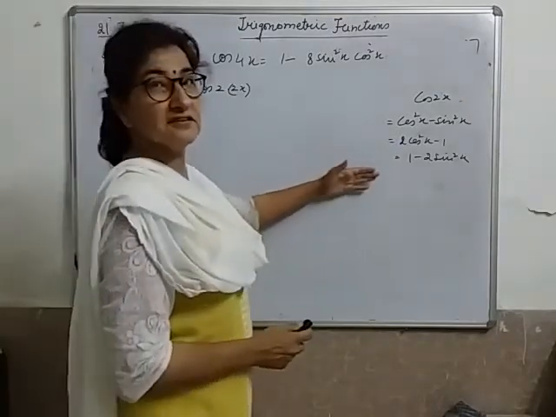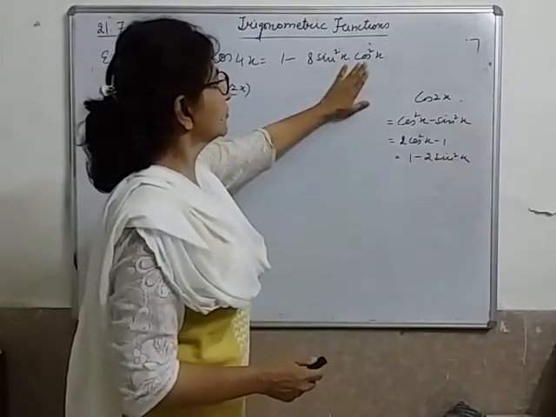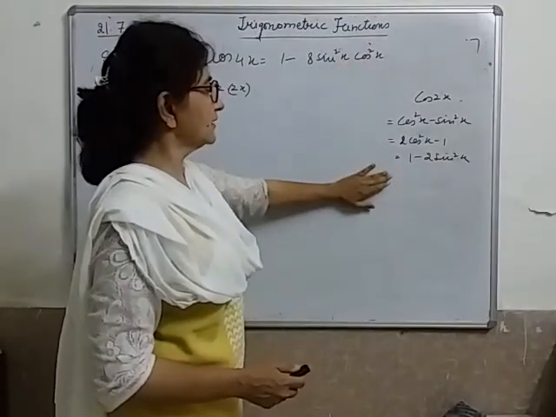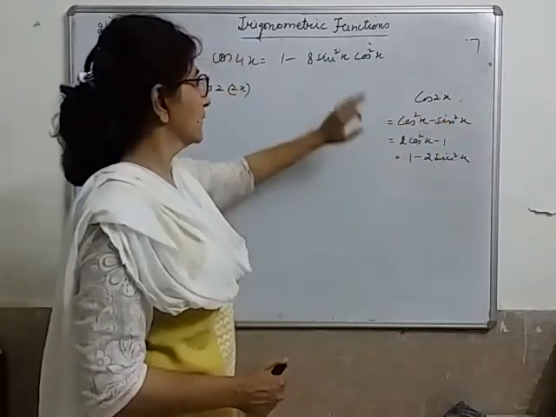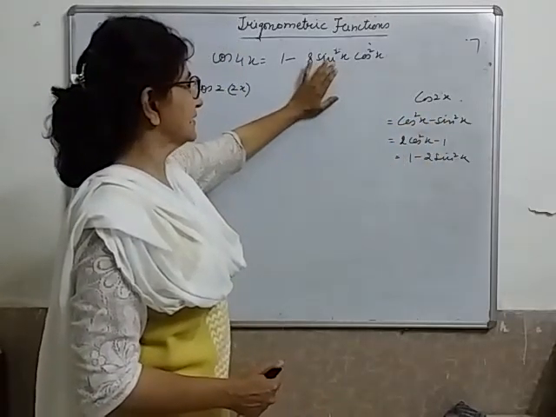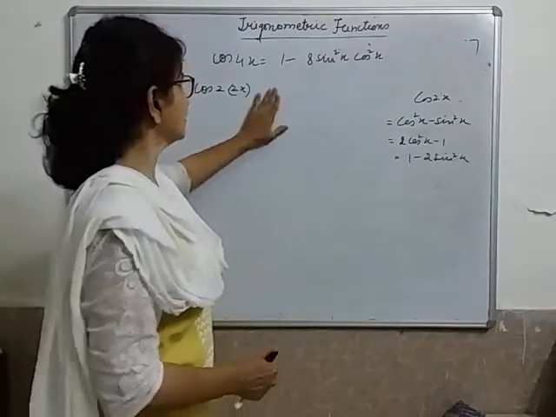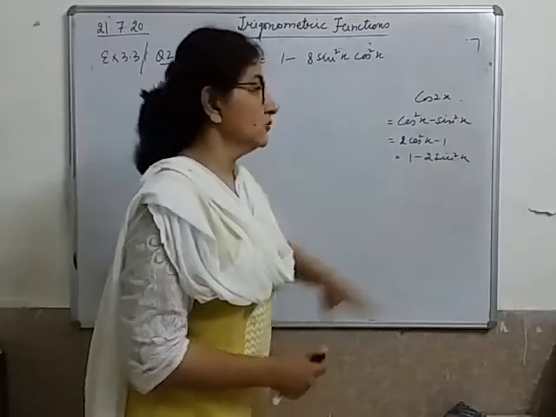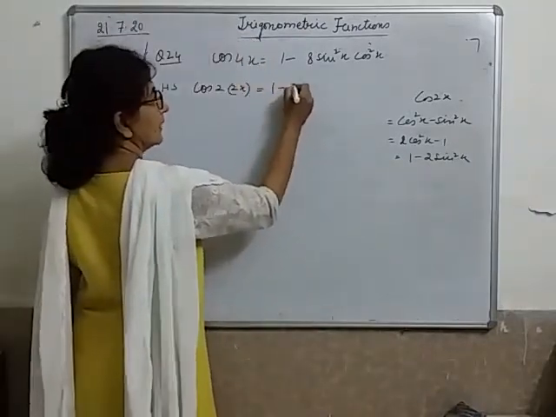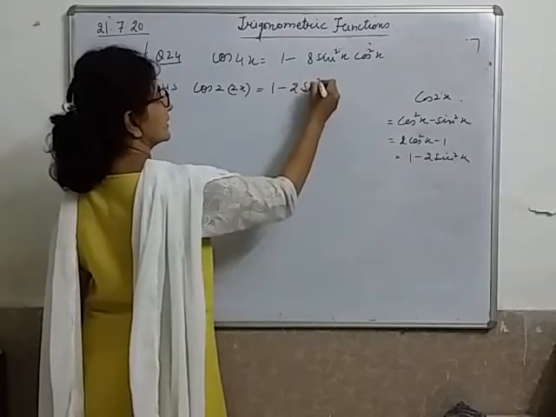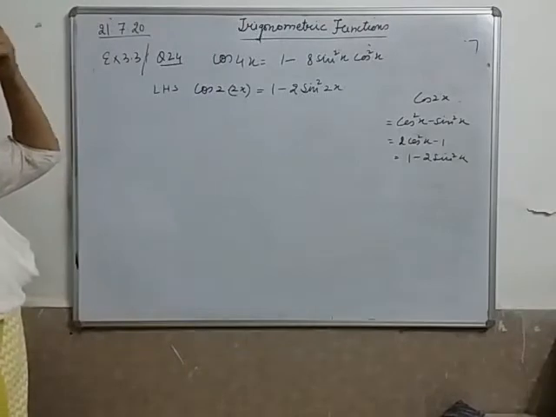But my thought process is, you can try, that sin and cos both are coming. In none of the identities, if sin and cos are both coming, it is with a minus sign, not in the product form. So what I guess is somewhere sin 2x is also applied. For sin 2x, my first identity should be of sin. So I am trying to apply the sin identity. It will be 1 minus 2 sin square 2x.